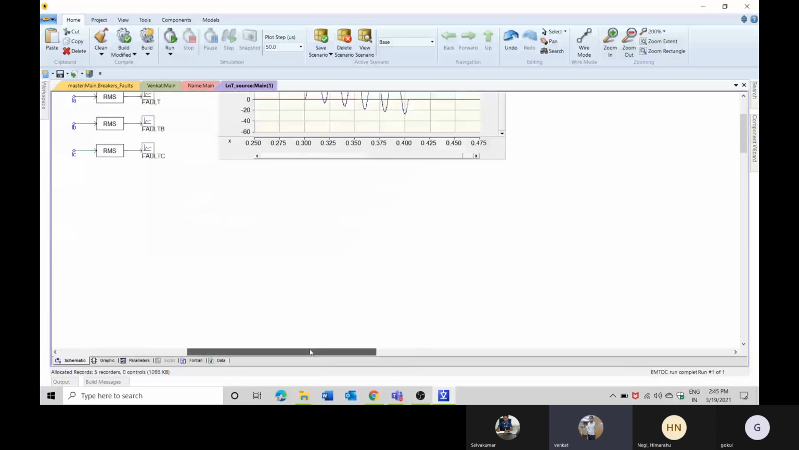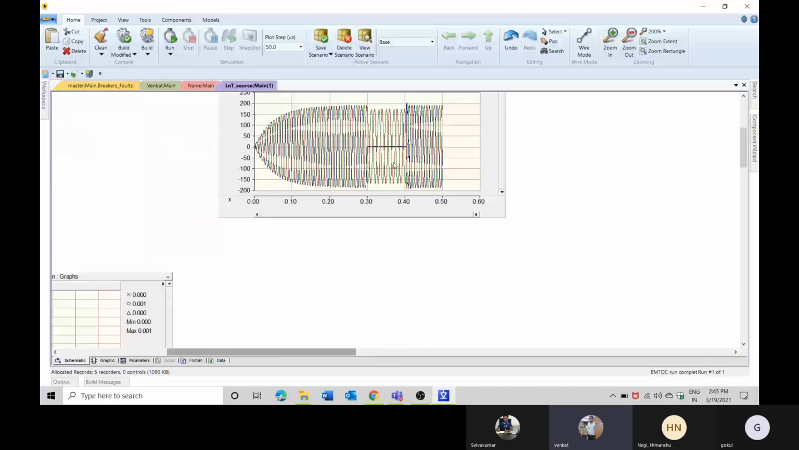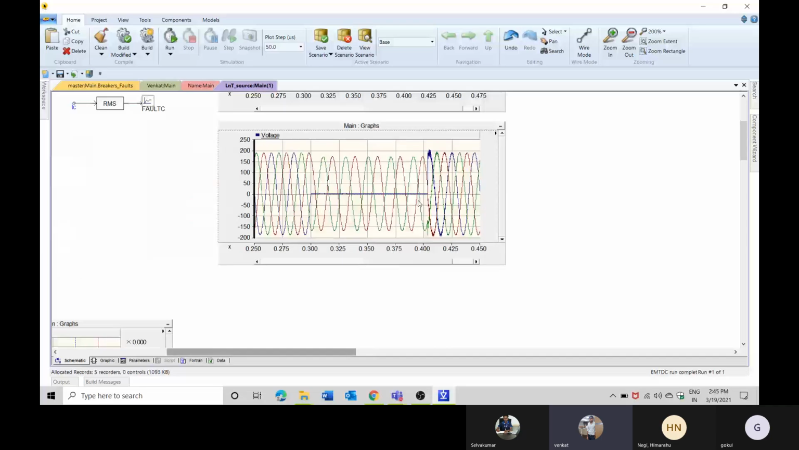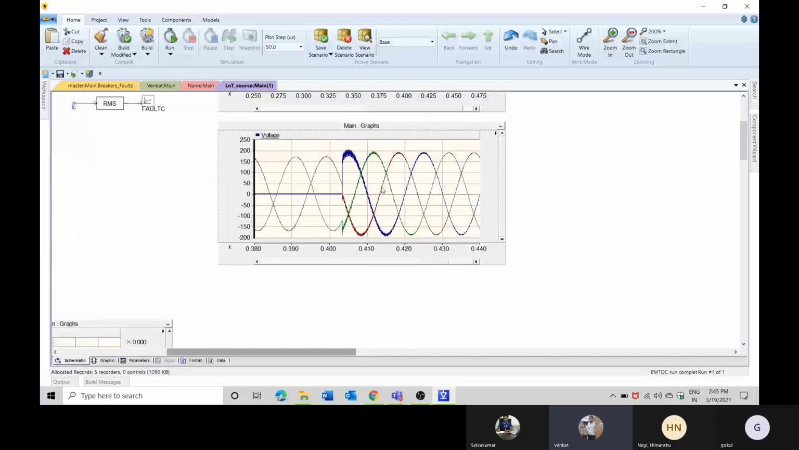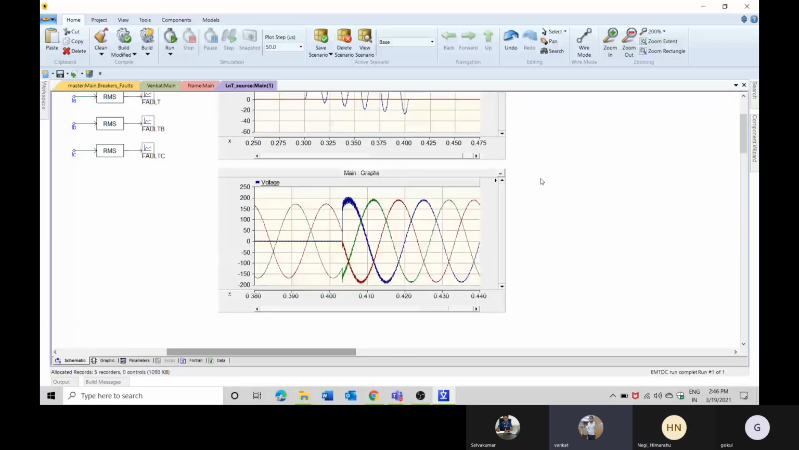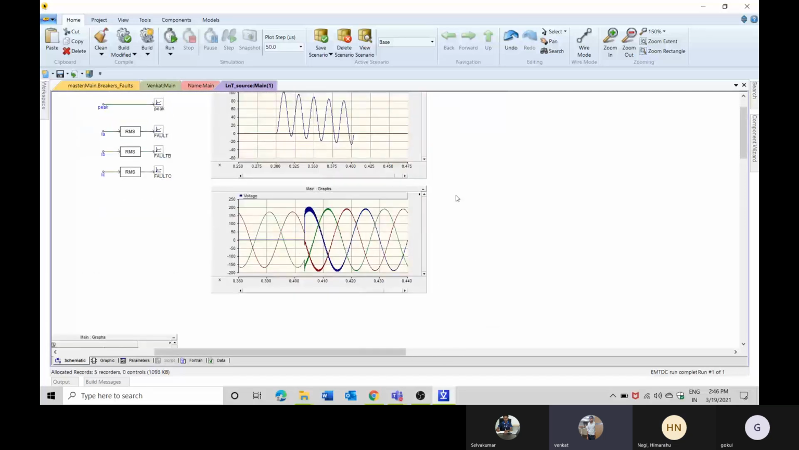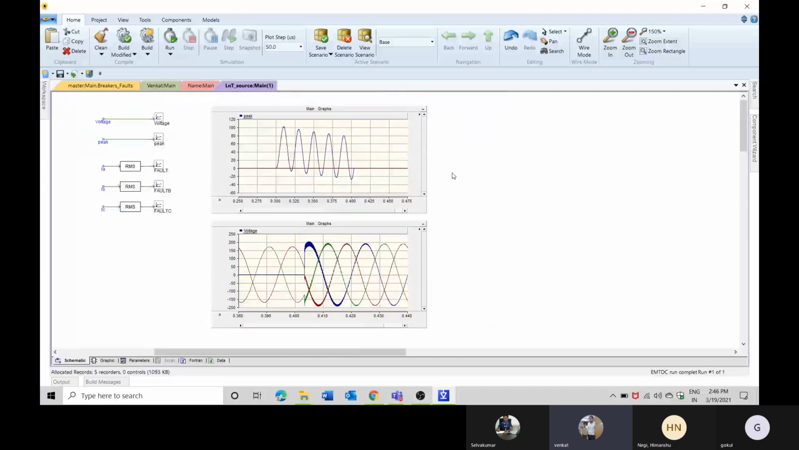Here you can see the voltage also, right? After the fault has happened, my voltage has dropped down here, and after my fault has cleared at 0.4 second, my voltage has again ramped up. Yes, this is some basic modeling: how to create a fault, how to create